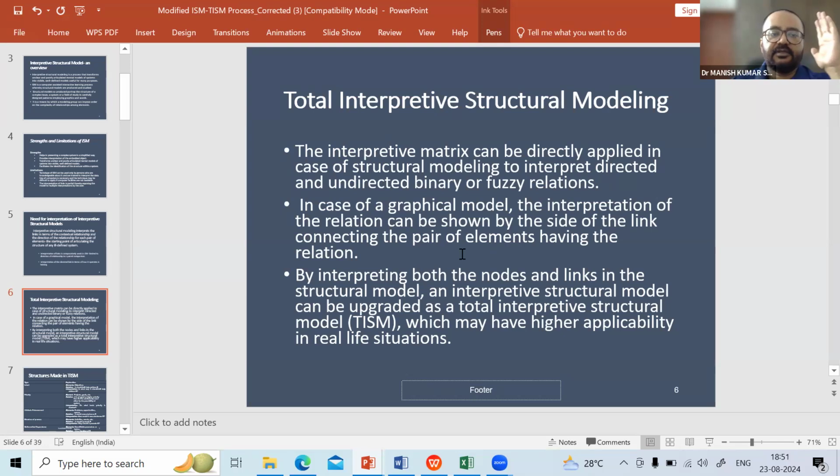So for example, there are 10 factors. We ask whether factor number one is influencing factor two or not, or impacting factor two or not. If it is, so suppose factor one is here, we can use my, I just wanted